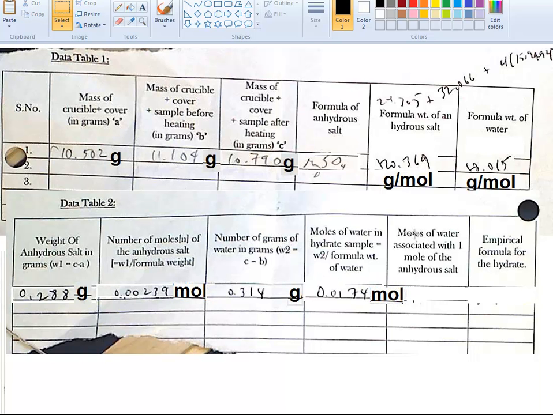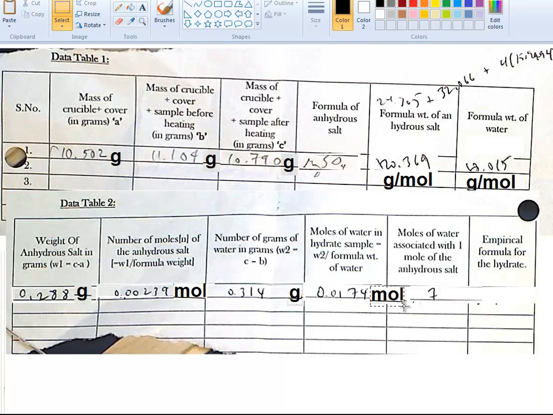Okay. Now, how many moles of water are associated with 1 mole of the anhydrous salt? To get that, you look on the front of the worksheet, and there are instructions there on what to divide. You're going to divide the number of moles of water you have by the number of moles of anhydrous salt you have, and that's going to tell you how many moles of water are associated with every mole of salt, or even how many molecules of water are associated with every formula unit of salt. So this is 0.0174 divided by 0.00239. And you get 7.2 something, but